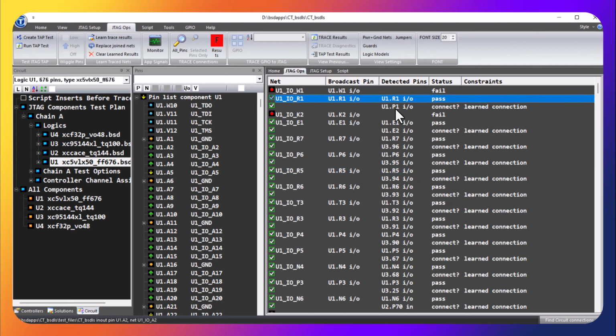But what we're going to do now is we've learned the pins, and we will then rerun the test. So it's still showing some failures, and